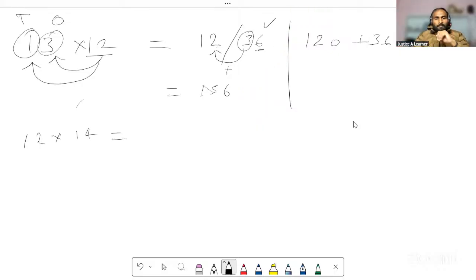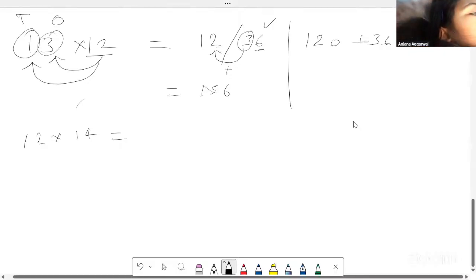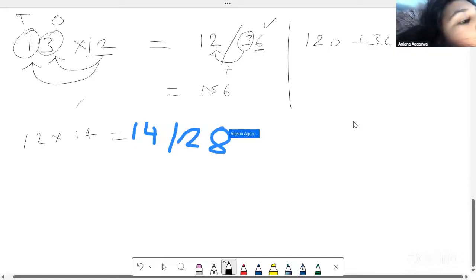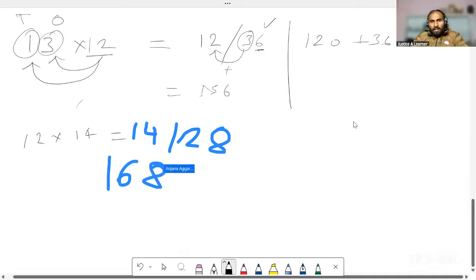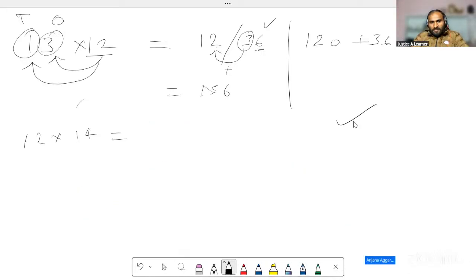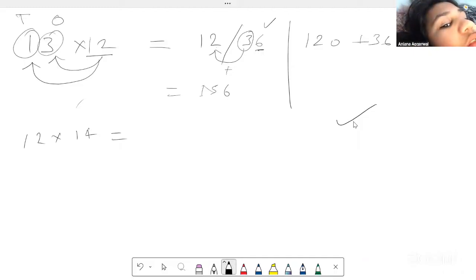Do this one. So first you would do 14 times 1, which is 14. And then you would do 14 times 2, which is 28. And then you've got 28 there. Then you do 14 plus 2, which is 16. 168 in your answer. Correct. How about this method? Can you do this with this method as well? I don't know what that is. That's why I told you to understand it.